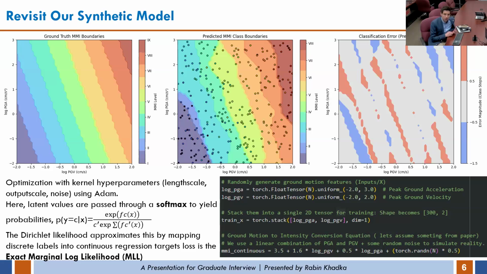But if you think about it, that doesn't make a lot of sense, because who tells us that this scale has a constant increment from size 1 to size 2? MMI 1 is you didn't feel the earthquake, and MMI 2 is that you barely felt it, and that needs an increment of PGA of 0.5. Why should it be the same increment that would go from partial to full collapse? So that's why Rabin is trying to express the problem as a classification problem.